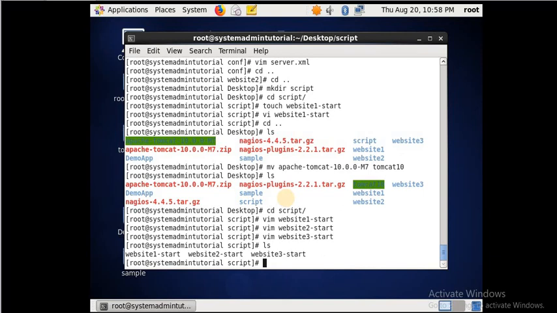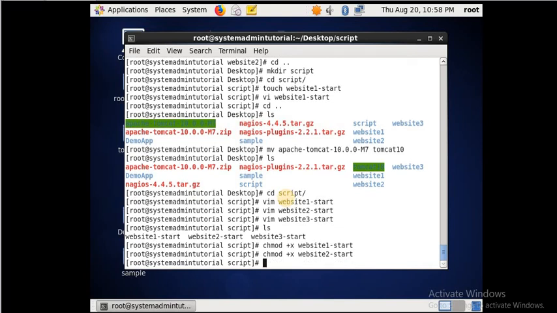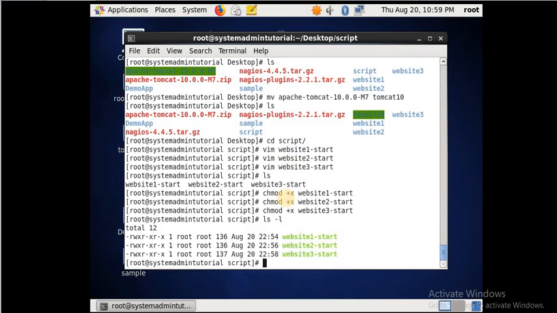See, 3 script files are there. So what we'll do, we'll change the permission, the execute permission, for all of them.